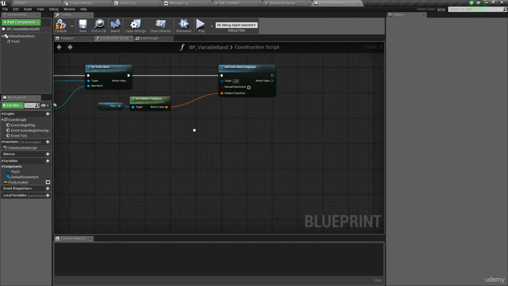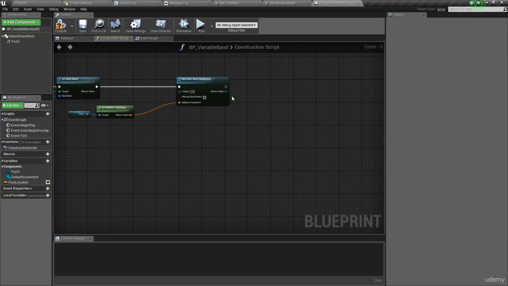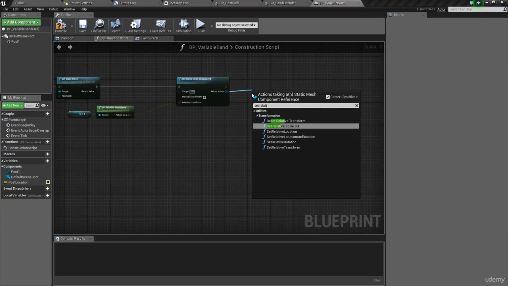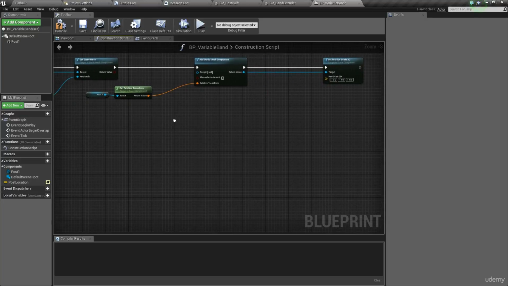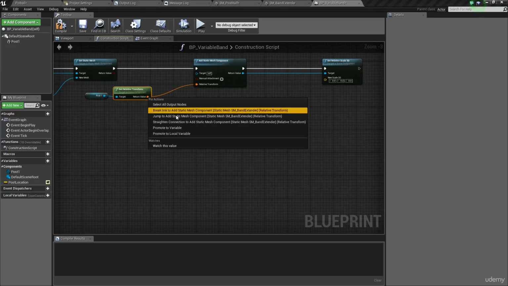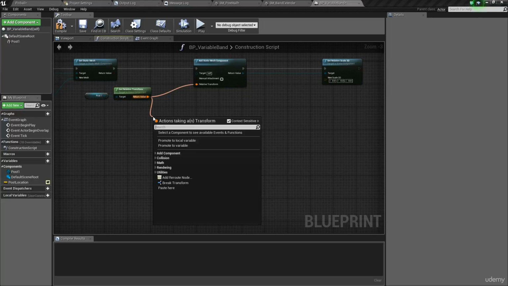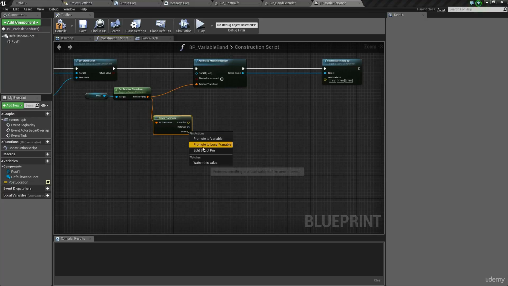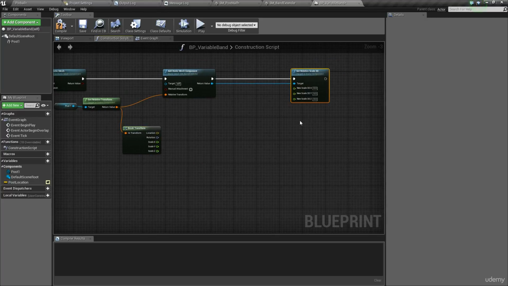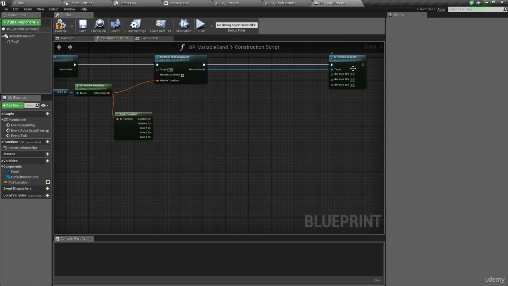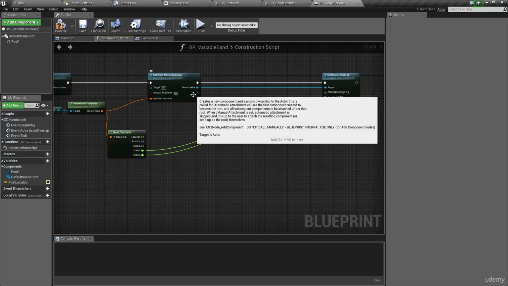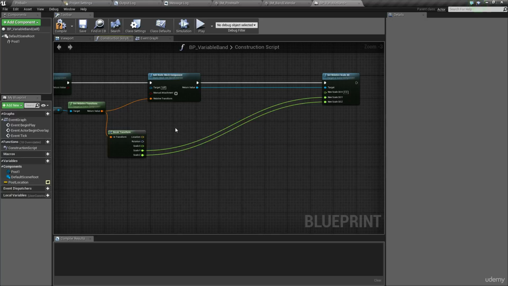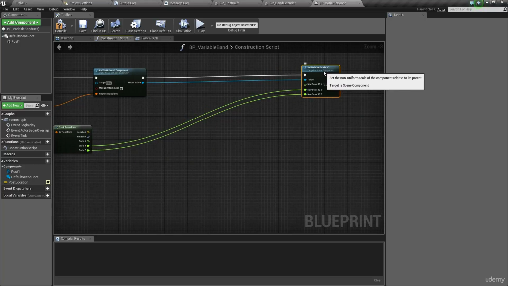And that's actually rather simple math here. All I need to do is get the static mesh component, and I need to set the relative scale 3D. And the scale is going to be equal to the Y and Z scale. So I'm going to drag off of this transform and just do a break. And I'm going to split the scale, and I'm going to split this scale as well. Now the reason I'm doing this is when I set the scale here, I want my Y scale and my Z scale to be exactly what I had them set as. However, I want my X scale to be equal to, this is where the math comes in,